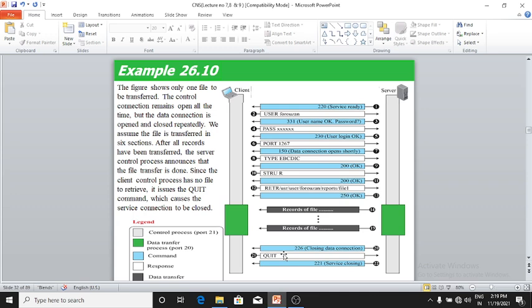After all records have been transferred, the server control process announces that the file transfer is done. Since the client control process has no file to retrieve, it issues the quit command, which causes the service connection to be closed. See here, observe the diagram carefully.